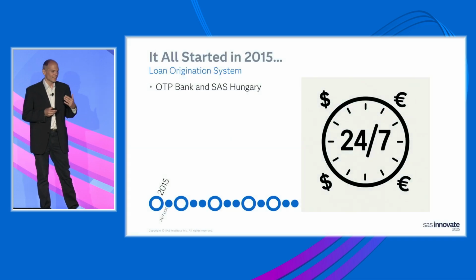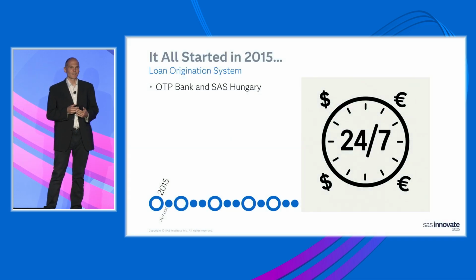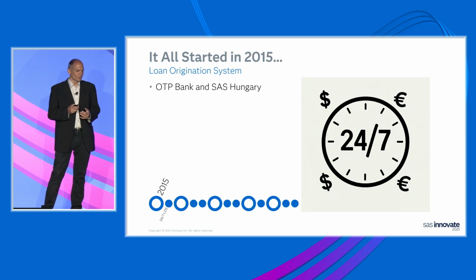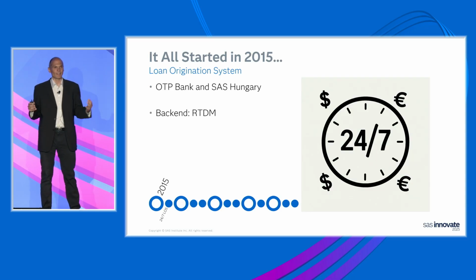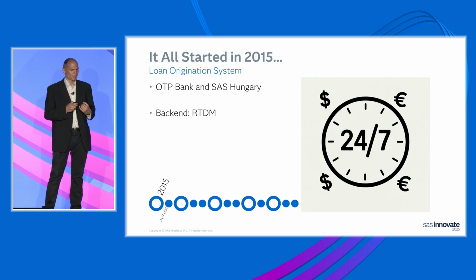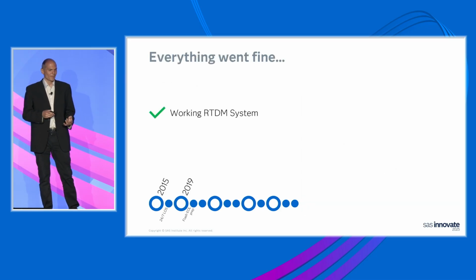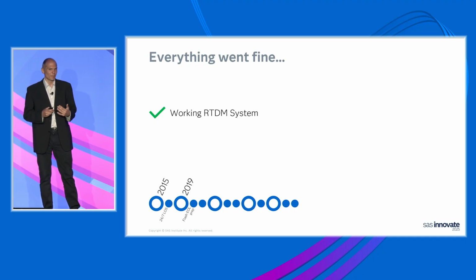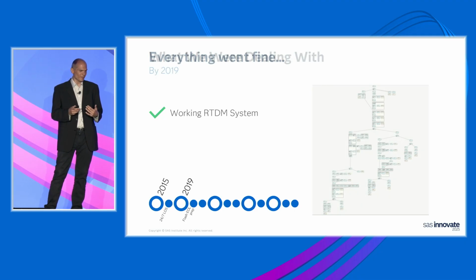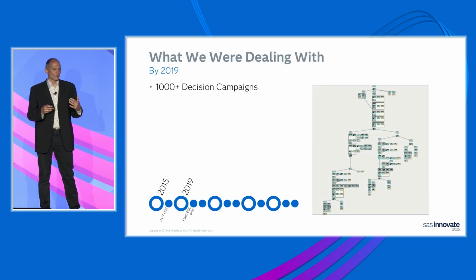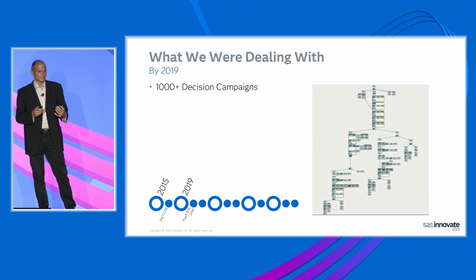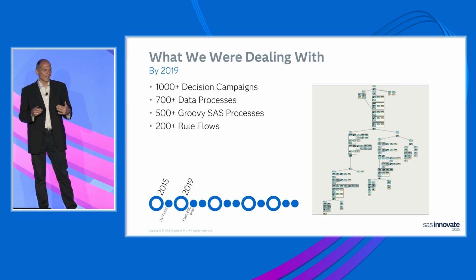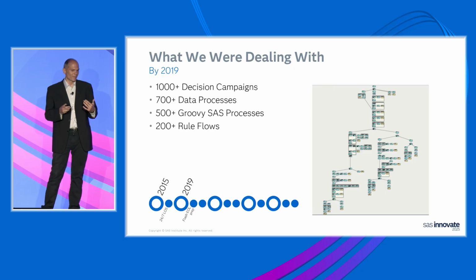But it all started in 2015 when OTP Bank and SAS Hungary started to implement this loan origination system Daniel mentioned. Not just the decisioning part, but the whole backend was implemented in RTDM. And it worked. It was real-time, it was stable, and it was built on Adobe Flash. By 2019, the system had grown to over 1,000 decision campaigns and 1,500 components like data processes, Groovy codes, and rule flows. It was massive, but it was